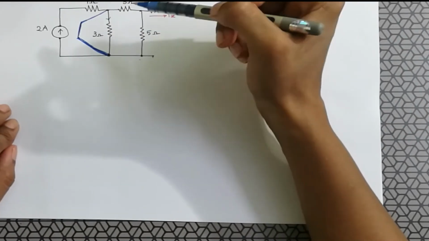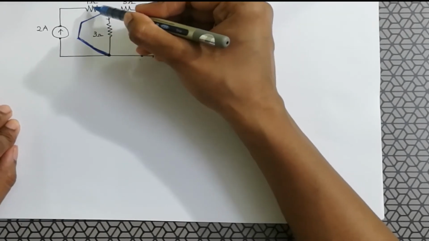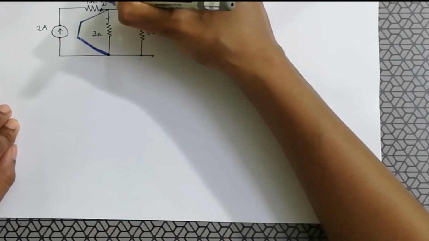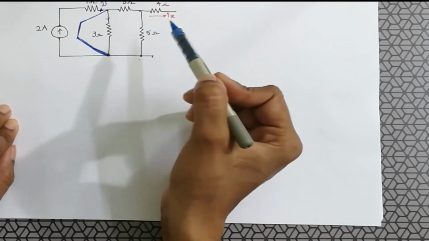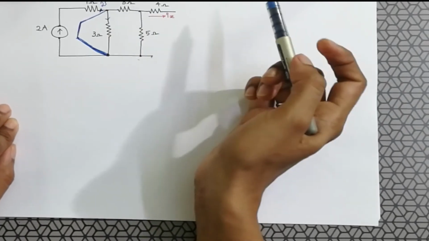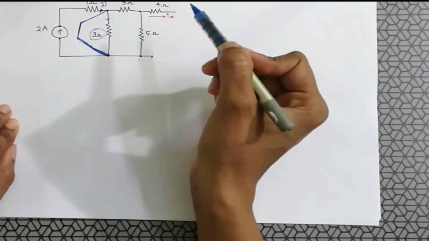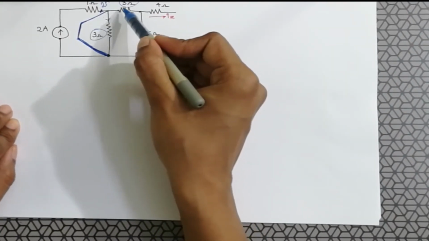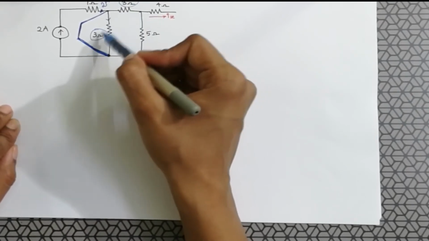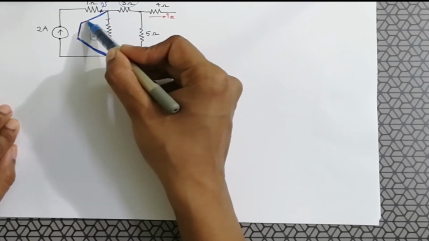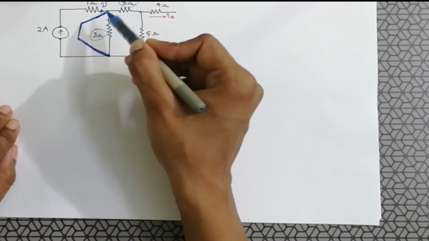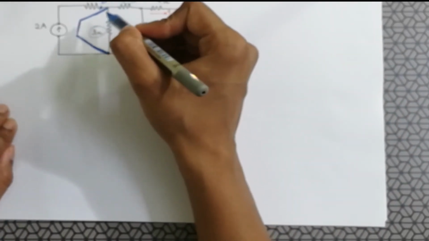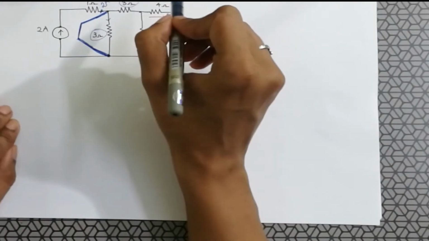In this loop, if you consider the current when it travels through 1 ohm, at this point it divides into different branches. 2 ampere current is entering here. It has totally 1, 2, 3 ways to go. Either through this 3 ohm or through this or through the shorted path. Here actually the resistance offered in the other two areas is much larger compared to the wire placed here, because this is ideally considered as zero resistance, or let's say negligible resistance. The current always chooses the shortest path to travel.